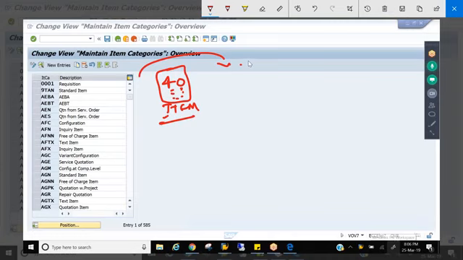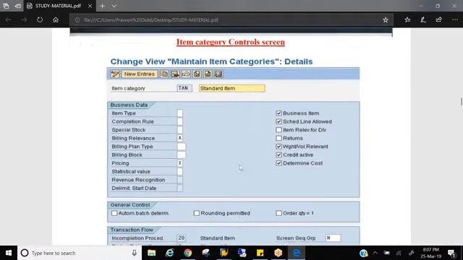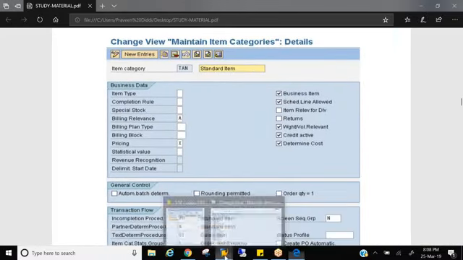As you pass, you will get one more hurdle called pricing. But don't worry about these concepts. It's pretty easy. Maybe 1 or 2 days extra it will take, but you have to cross them, because many people drop out of the training, not mine actually. Whoever comes from other trainings tell me, Praveen, I learned up to item category, but I could not understand. I don't know what's happening. So I just dropped the training. I'll tell you very clearly, that's the reason I'm telling you in advance. Don't worry, this is pretty easy, but a matter of time. Maybe 1 or 2 days extra for you to memorize it, because there is a lot of content here, right?